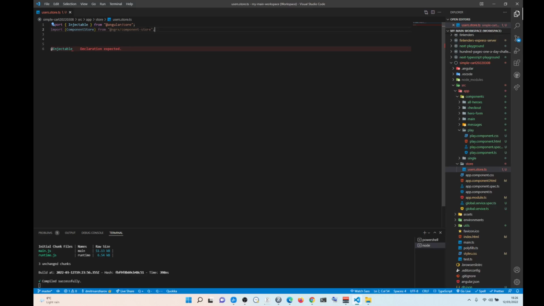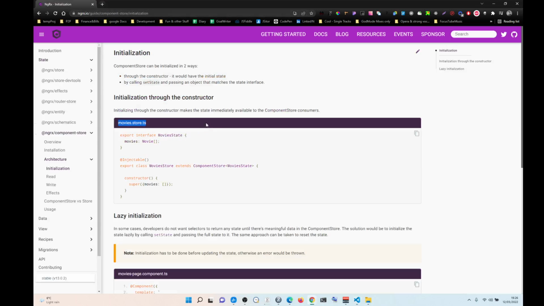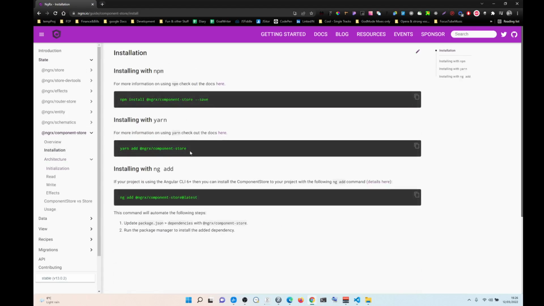ngrx/component-store. Now, before we go any further, make sure that you have it installed. Okay, so you need to install this thing here, or install this thing in here as well. Okay, either one. Like I installed this one and I installed this one as well. Okay, so once this is done,